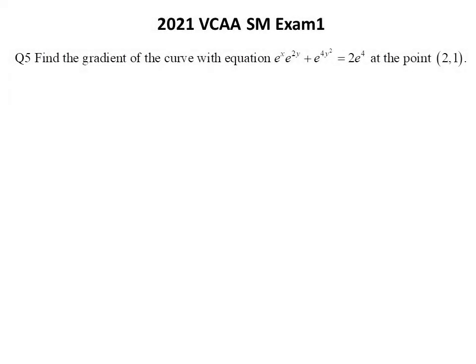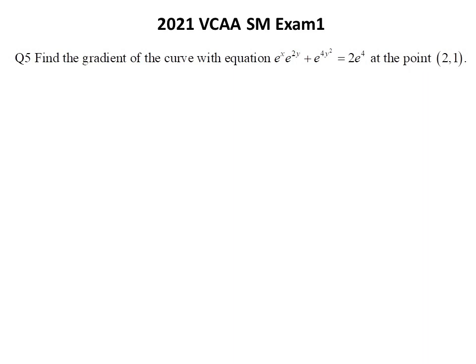Welcome to this VCAA Specialist Math exam paper series. In this video, we will present exam 1 questions 5 to 8 of the 2021 paper. Let's start from question 5, which requires finding the gradient of the curve with the equation e to the x multiplied by e to the 2y plus e to the 4y squared equals 2e to the 4th at the point 2,